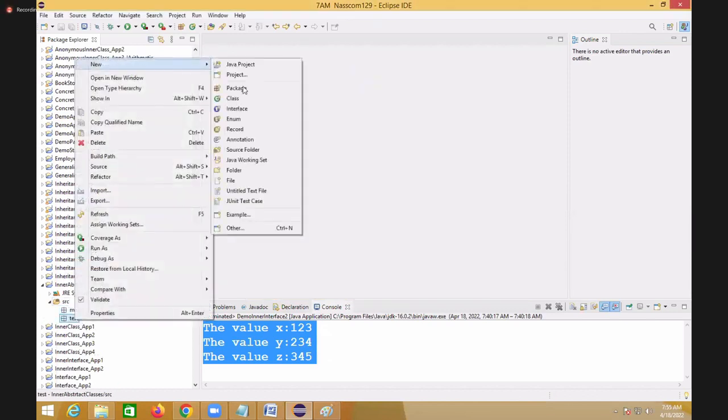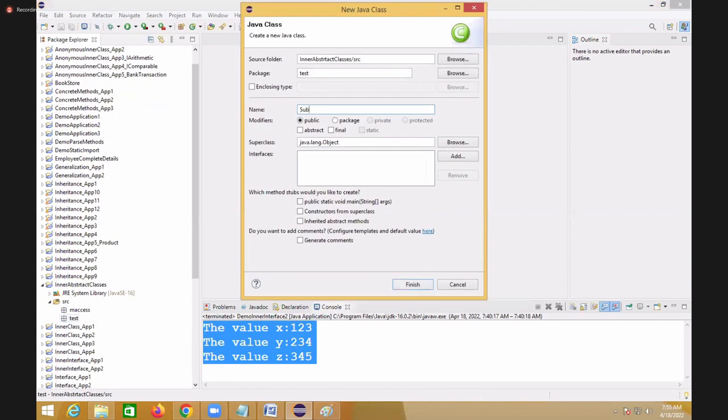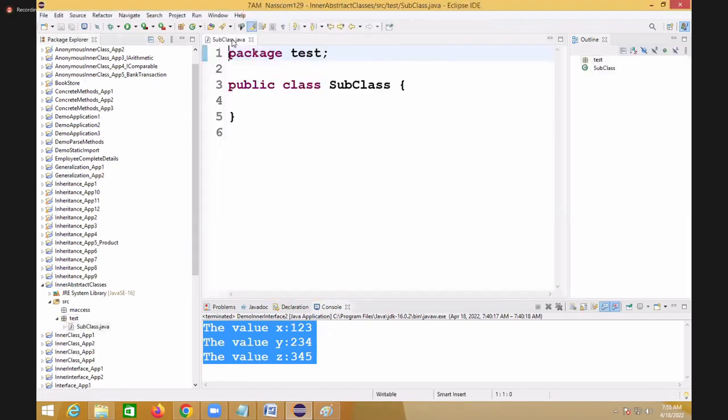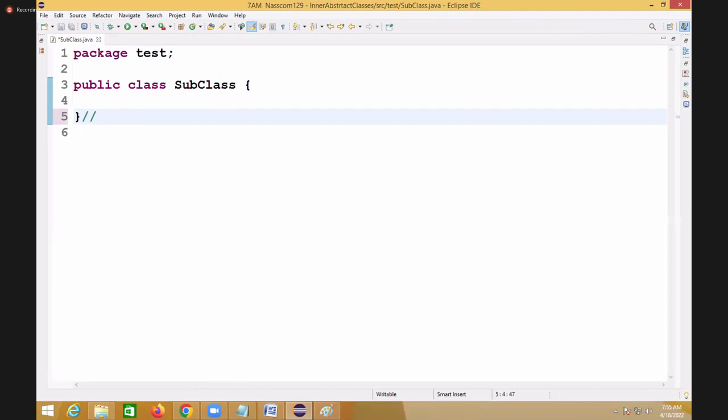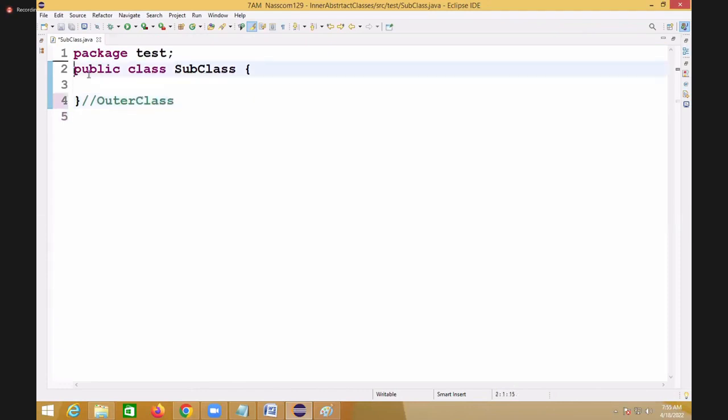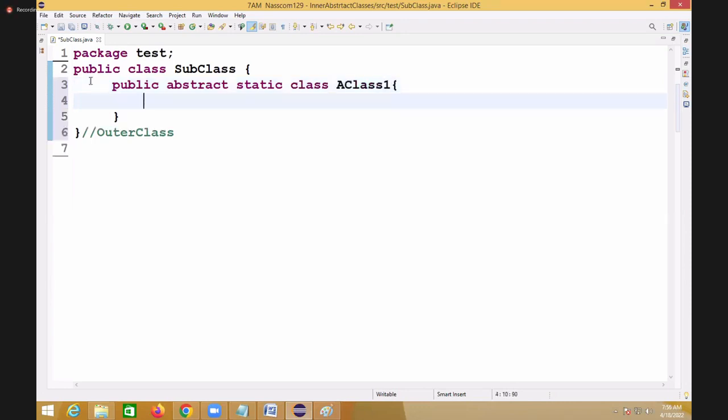Under test, I'll take one class, that is subclass. Click on finish. This is the outer class. So inside this subclass, now abstract classes are coming. So public abstract static class abstract class 1. This is